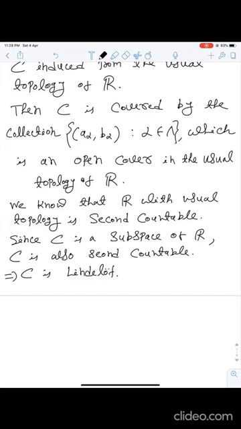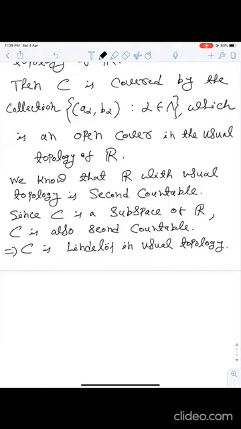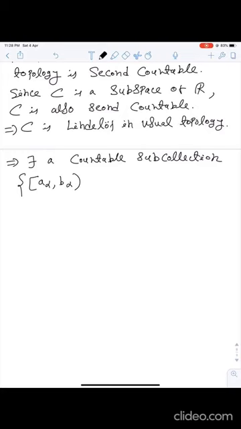Now since C is Lindelof, we have a countable subcollection of this which covers C. Now that will imply there exists a countable subcollection, this one, A alpha, B alpha, for alpha equal to alpha 1, alpha 2,